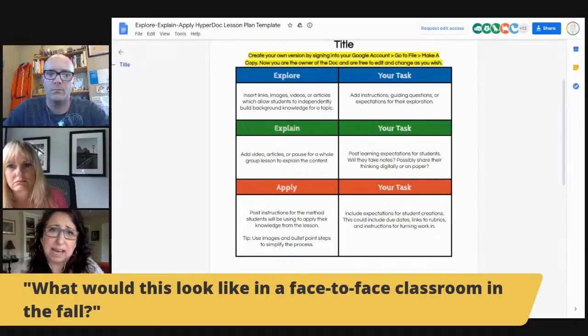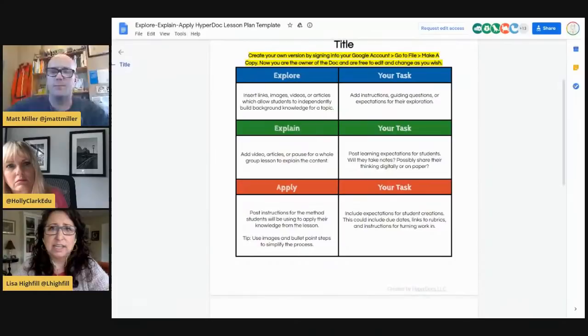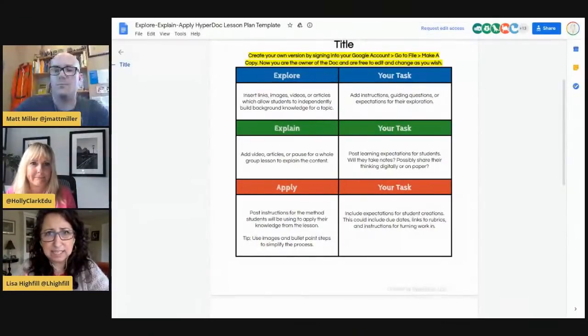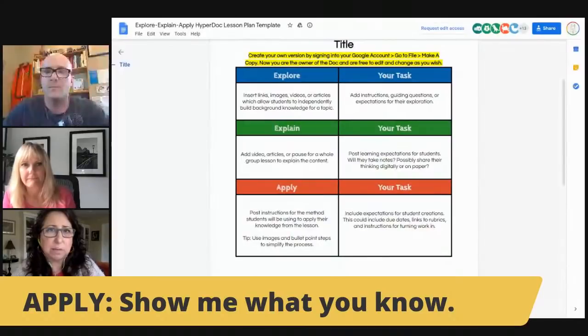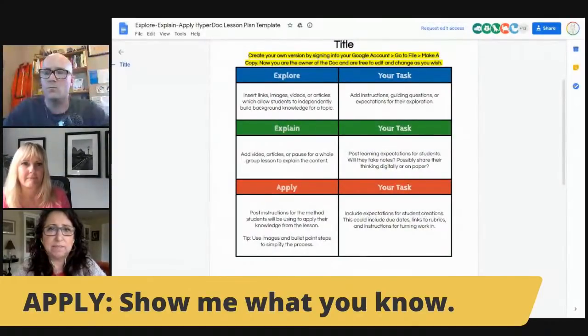And then comes the apply. The apply is really important. It's not just summarize what I said and tell me. It really has the opportunity to be authentic. Show me what you know is my favorite word to describe the apply section. Now that I've taught you all this, now show me what you know. I love to offer choice in how you get to show that. I love to integrate all sorts of subjects into that. Show me what you know, whether it be writing or whether it be